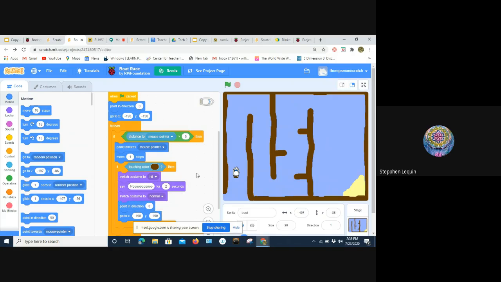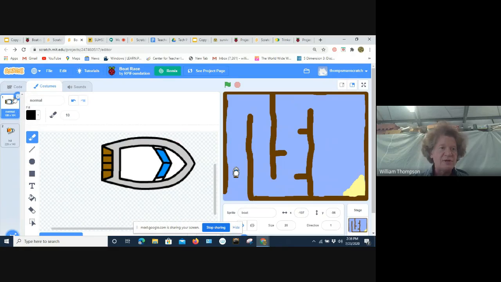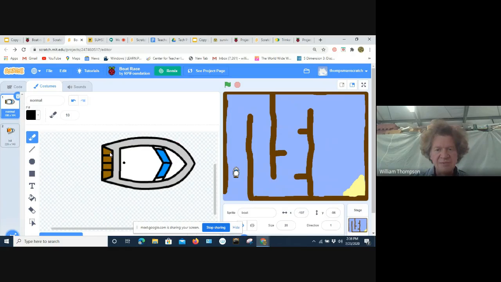Oh, wait. Extra picture. So over here under costumes, there it starts with the normal costume. Okay, you have to create one. And to make the hit or the blown up boat, what we had to do is first we right clicked on that and we hit duplicate, and then we got a second version of the normal one, and I renamed that version hit, and then I used the editor here to do a little drawing and make it my exploded boat. Okay. Thank you. No problem.